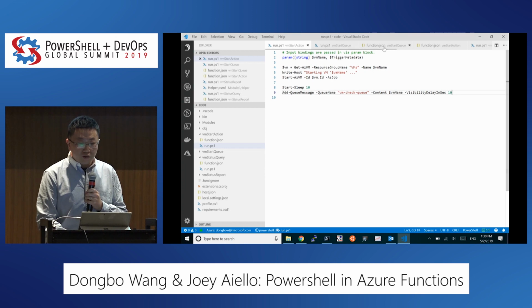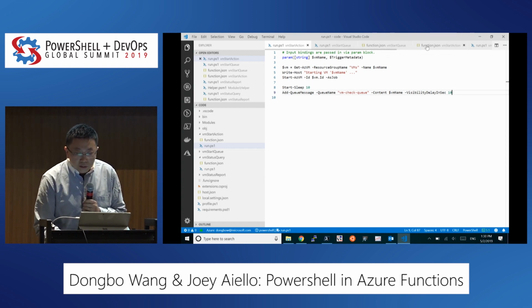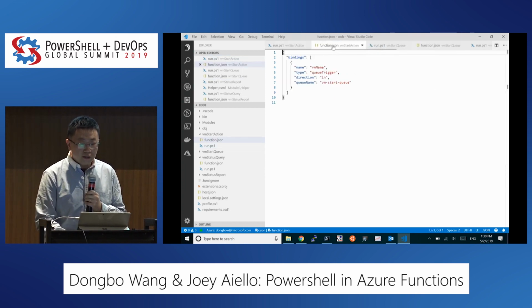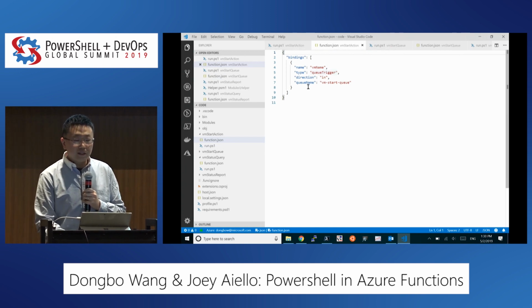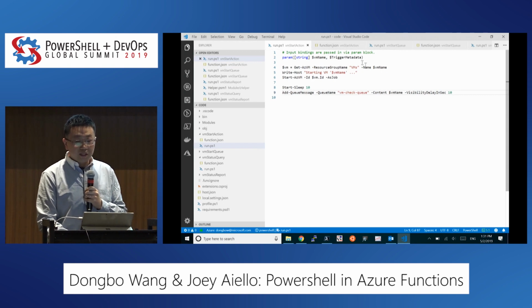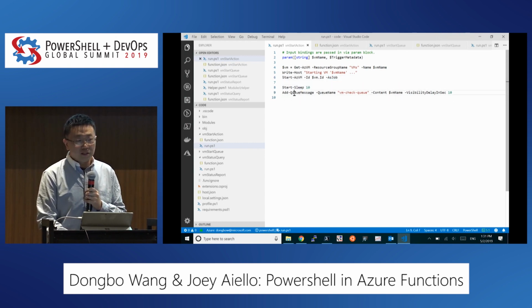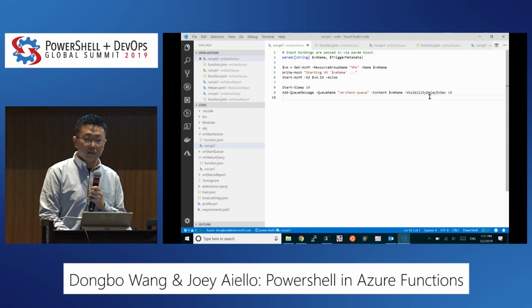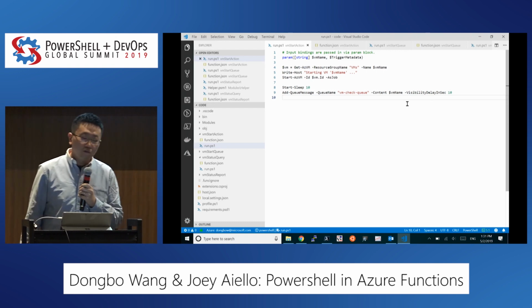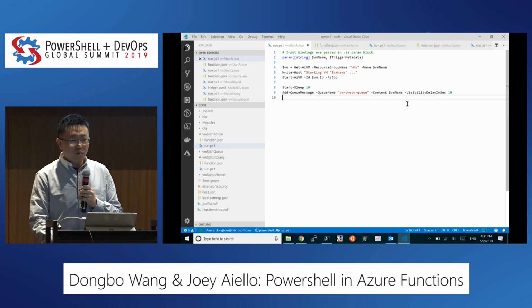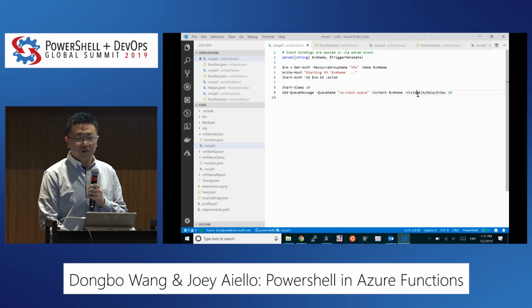So it's a queue trigger. Here it is, sorry. It's a queue trigger function, and it does not have any output bindings. What it does is take the VM name and start it, just like what Joey showed you. Then it sleeps for 10 seconds, and then pushes a queue message to another queue called check queue with a visibility delay of 10 seconds. So it would be awesome if we could support a queue out binding with a visibility delay, which